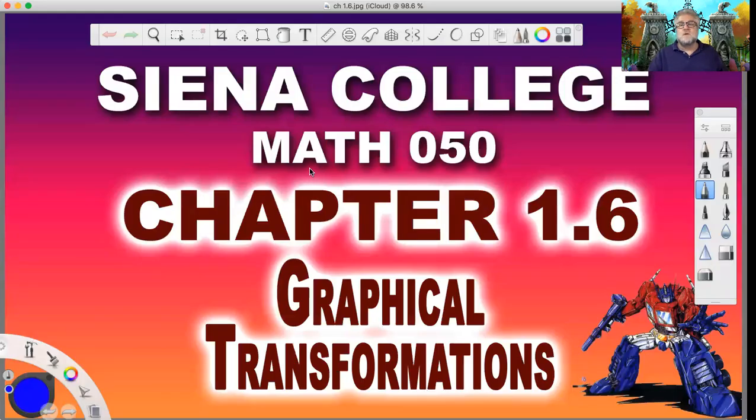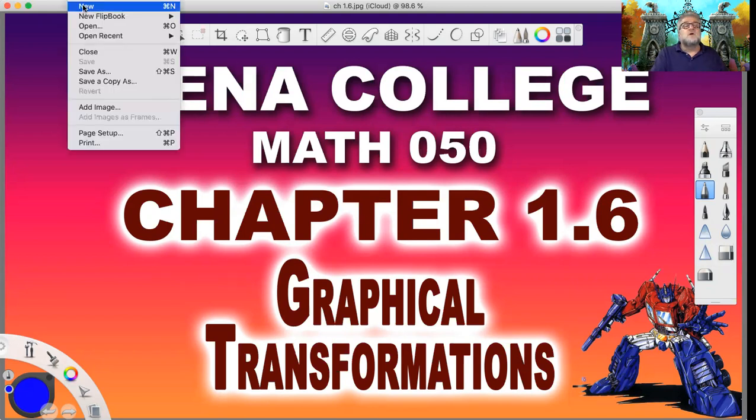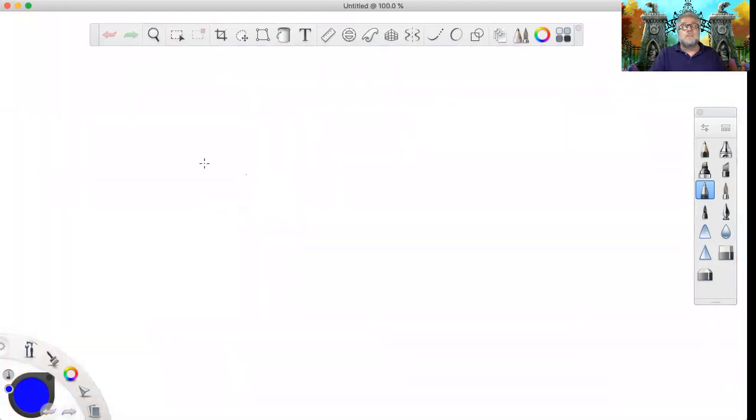Hey everyone, we are going to look at section 1.6, which is about graphical transformations of functions. What we're going to look at is how graphs can be transformed: shifted, flipped, stretched, compressed in different ways. So the first thing,